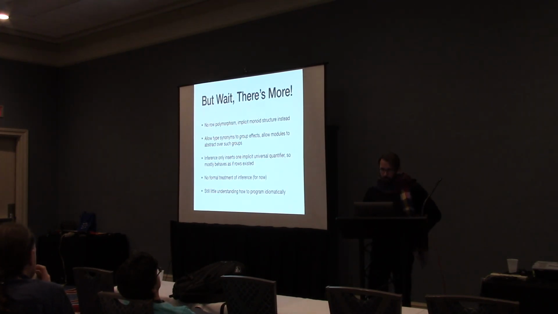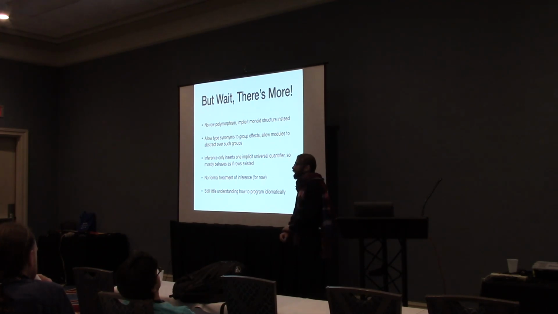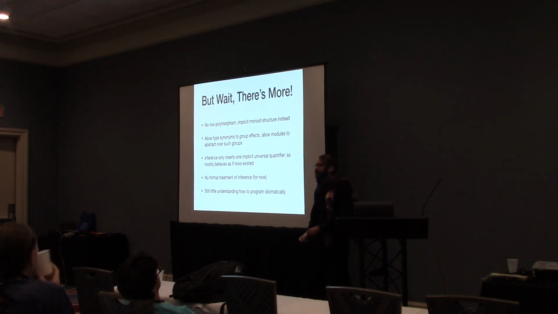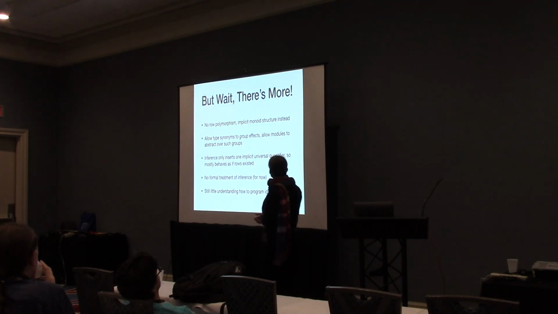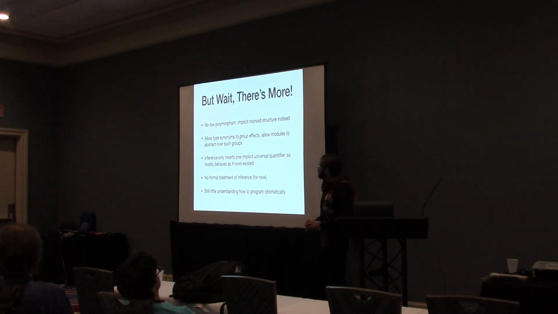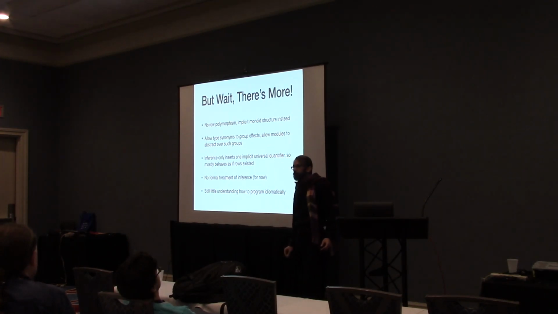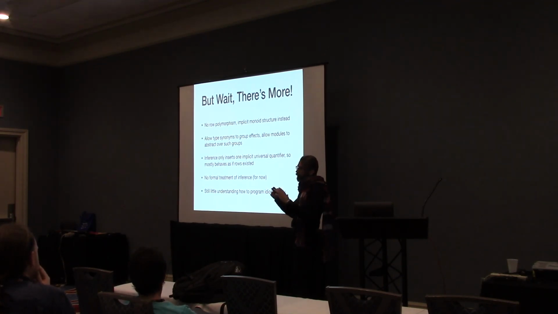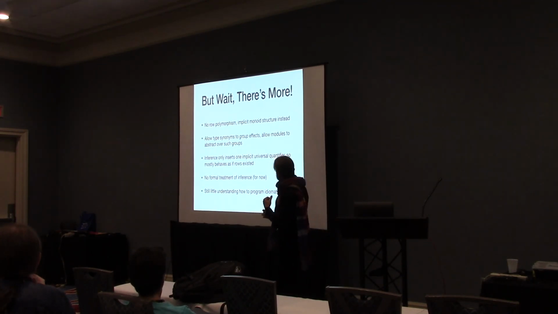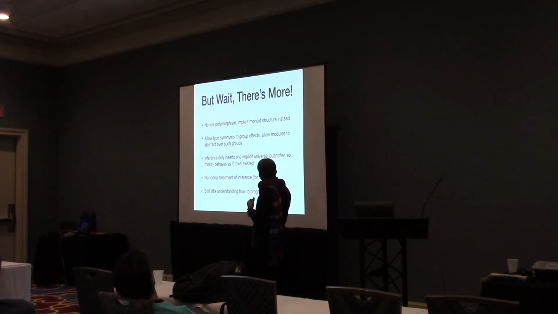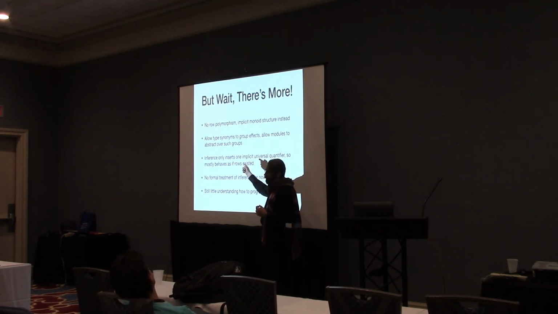And then there are more things that we did that are sort of weird with respect to what is happening with these sorts of languages recently. We used to have row polymorphism, but we scrapped it in lieu of an implicit monoid structure of the effects, which allows us to group effects and treat groups of effects as aliases for another effect. This is really important if you want to abstract over such groups.